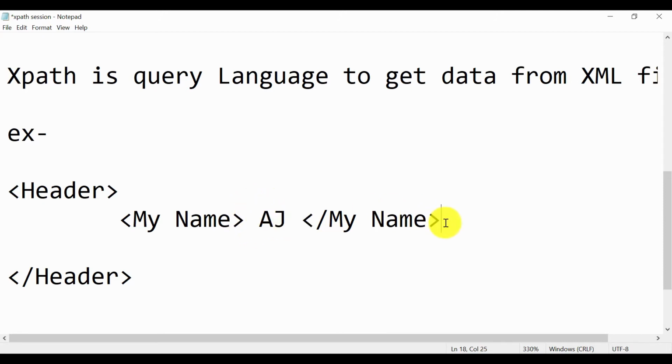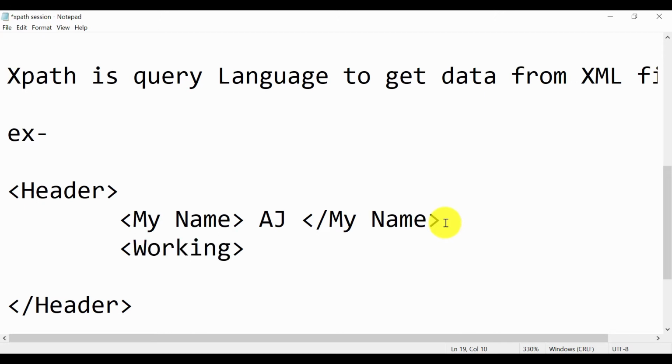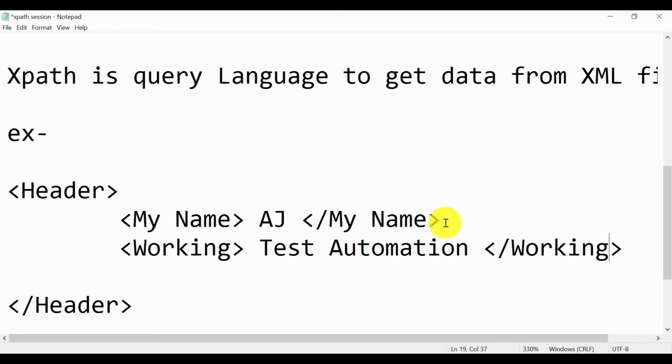Whatever is in between these two nodes is called data. Let's say another example: you just have to store data in the form of a starting node and an ending node, and in between you can store the data, for example working in test automation. Make sure it ends with the same node, with the slash.